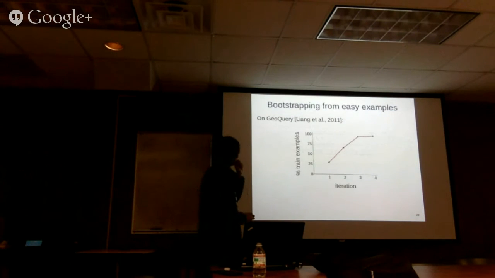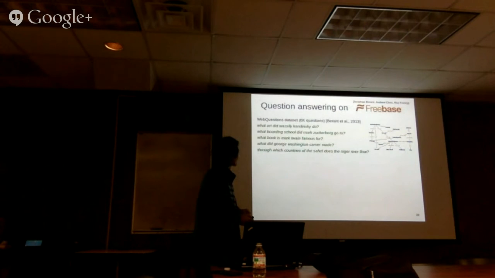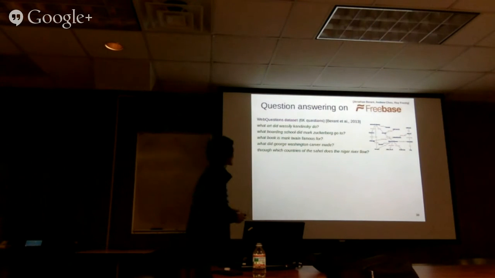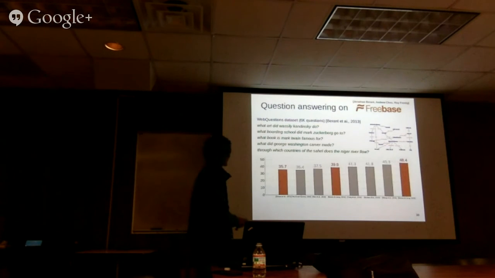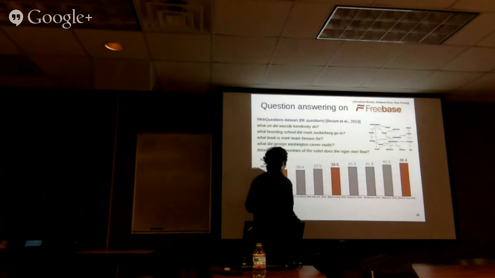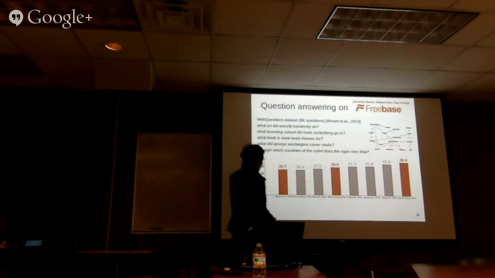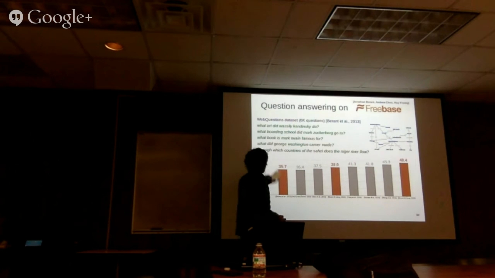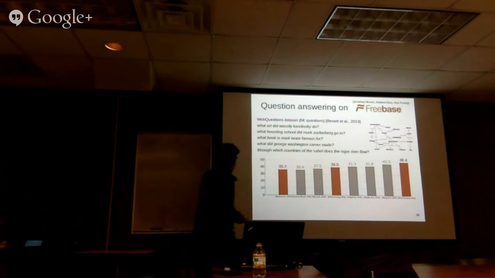Okay, so moving on, just a very quick taste of the empirical results. So we collected this data set. Here are the questions that are in this data set, and we're trying to answer these questions by looking at the previous graph. So here are some numbers. I mean, it's not maybe that interesting for you, but the red bars are our system. We collected the data set in 2013, and there's been kind of steady progress. We've actually gotten 50% improvement, so that's not bad, but the numbers are still low